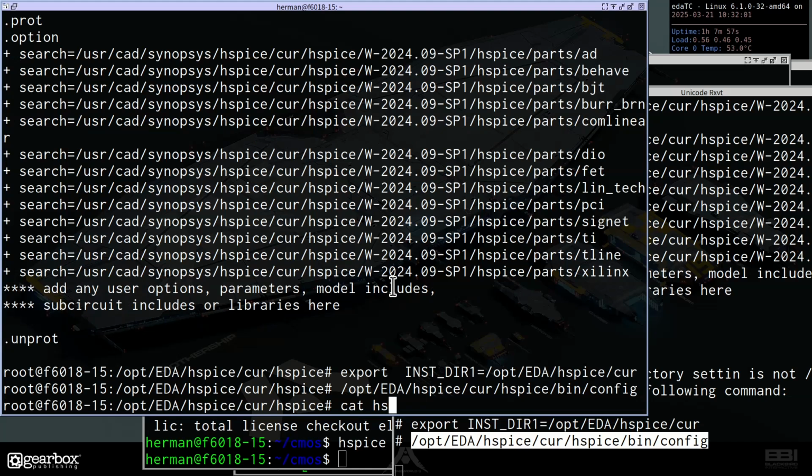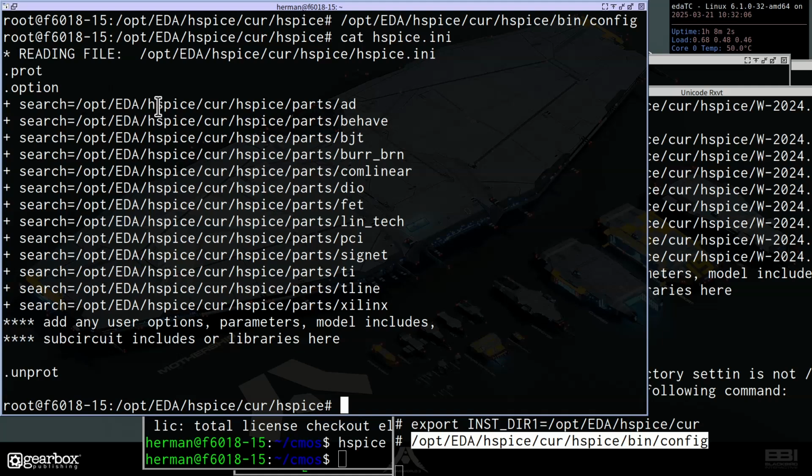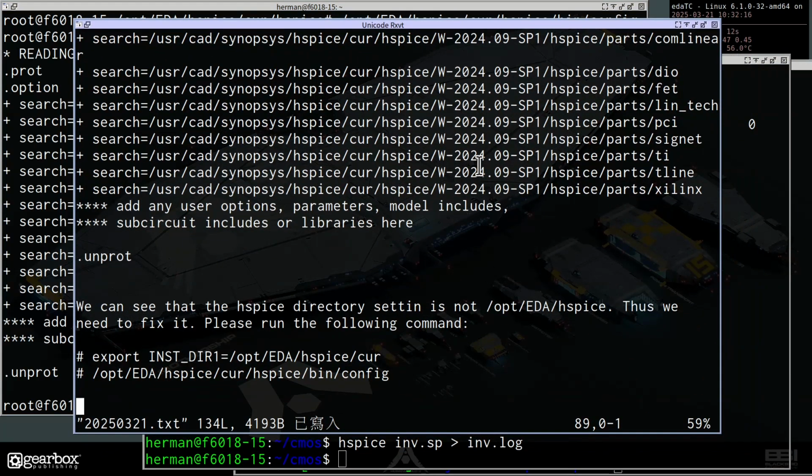Now we can cat hspice.ini. You see, the directory is changed to our current location. So this is very important. This step